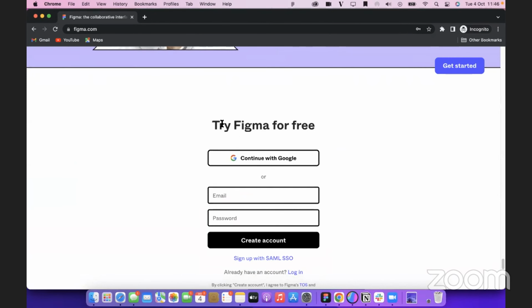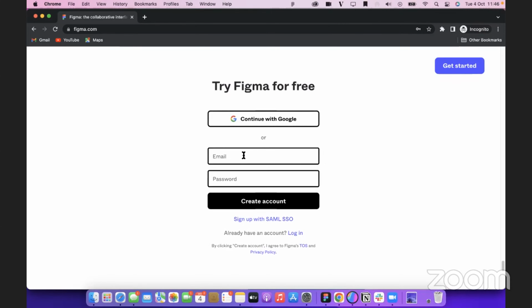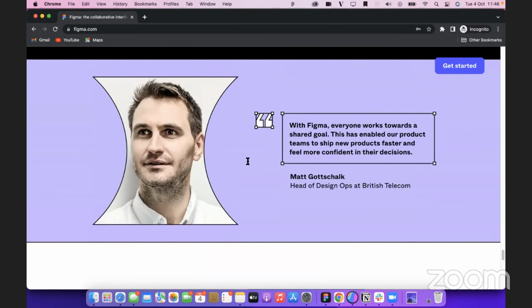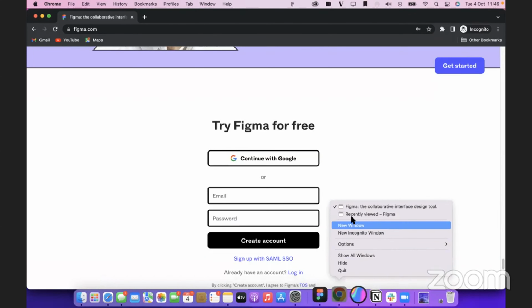So what you're going to do is, to try Figma for free, you have to log in and create an account, right? You just put in your email address and your password, and then you create an account. It checks if you have an account or not. So I believe that after that, you should be able to download. If there's anybody that has recently downloaded, just share with everybody on Slack, right? I'm not seeing a direct download button on the page, but if you want to download Figma, this is where you go to. Okay. All right. So that's on that.